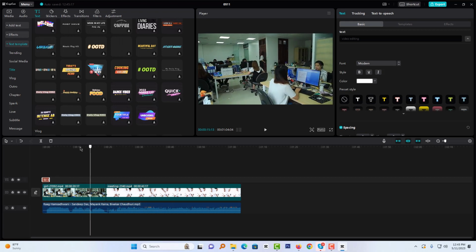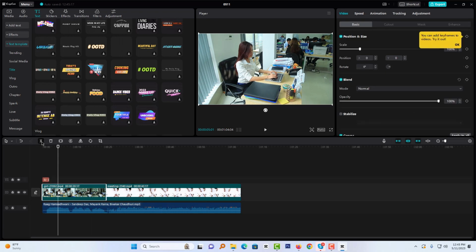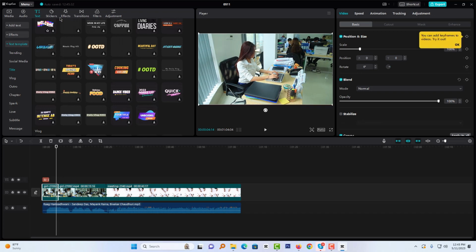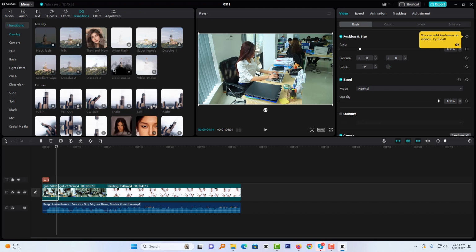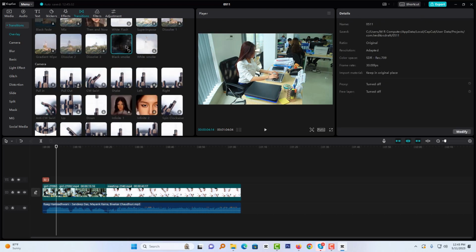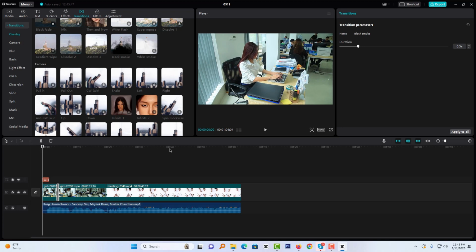And also I want to use some transition here. So I want to cut this video here. So from this clip to this clip, I want to use some transition here, right here. Okay, so I want to go to transition, and I want to use this one here. Okay, so I want to play again,